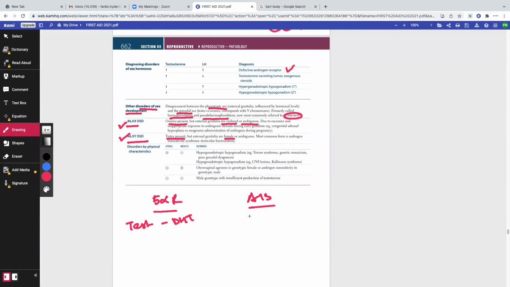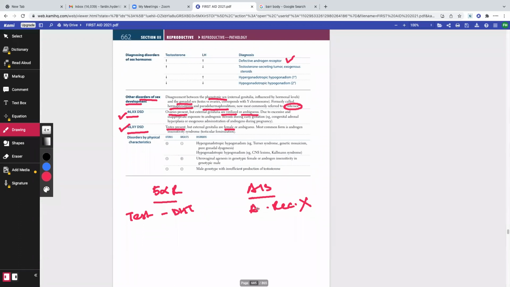Okay, now let's talk about androgen insensitivity. Androgen insensitivity is a disease where the androgen receptors are not functioning. If the androgen receptors are not functioning, can we expect the testosterone to not work in these humans? The answer is yes. So can they also phenotypically appear as females, both 5-alpha reductase deficiency and androgen insensitivity? The answer is yes, right?